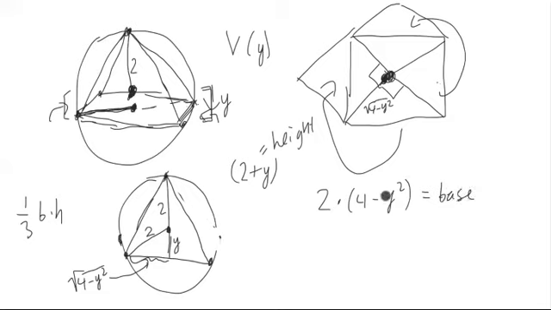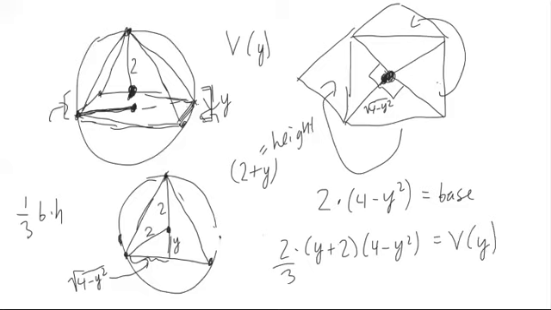So if we take the area of the base and we multiply it to the height, so 2 plus y, whatever. So that's the height, and the base, I just put the 2 out front. So base is right there and there, and this is the height. And then I multiply it by a third, so just put it right there. This is actually equal to the volume formula